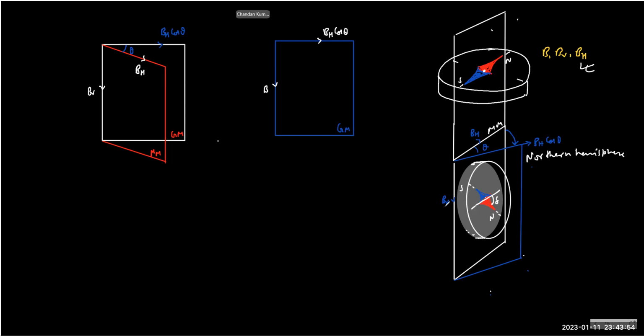But BV will be unaffected. So because the vertical component is unchanged and the horizontal has decreased, the dip angle will increase, and that same will happen here. So if I draw something like this,